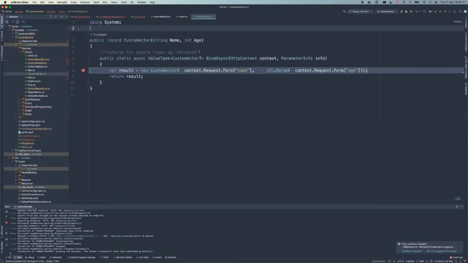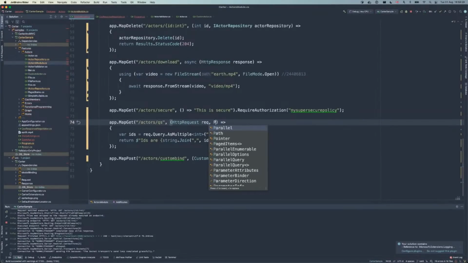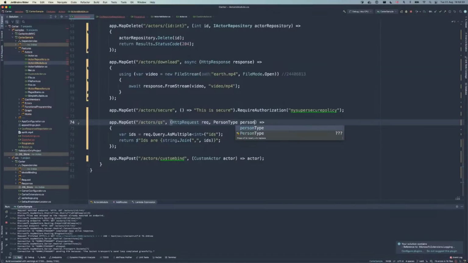So, for example, I've made a quick comment here, and it goes back to what we were discussing earlier. If you had a PersonId value type with a TryParse method, you could control how that was created, and you could put it in as an additional argument here, and it would work. But at the moment, it won't work. It will only do very, very simple types.